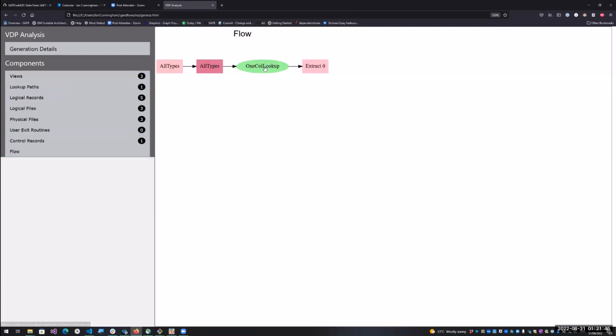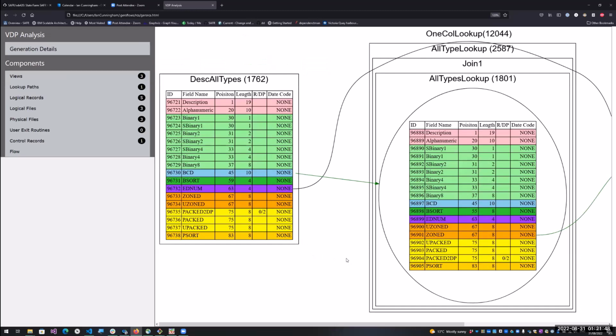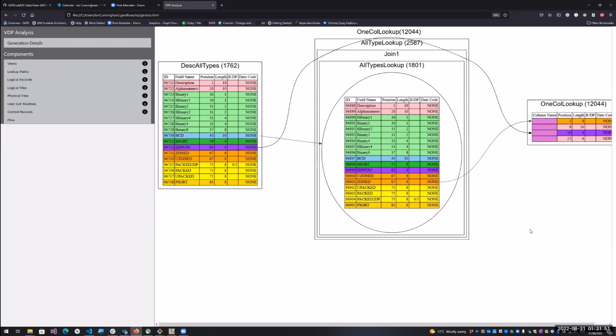Then here's a picture of the view. The view has in it a picture that shows you that's the input LR. We are only using one field called BCD as an index into the lookup table, and then we're reading the zoned value, and that's going into column 1. Column 3 is coming from a field called ednum,